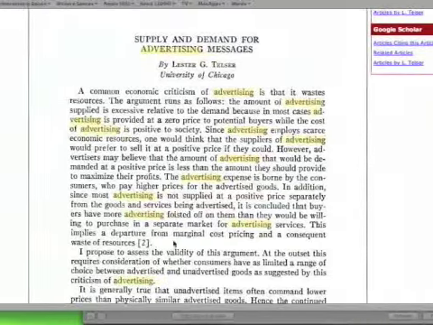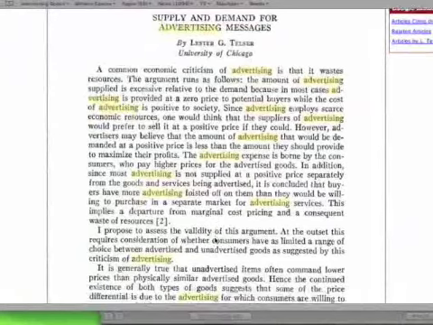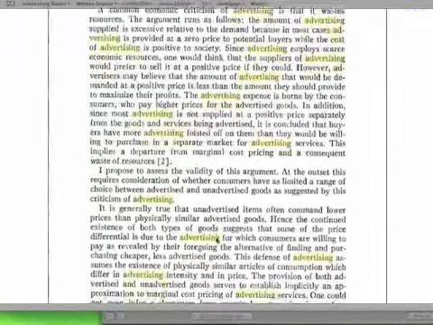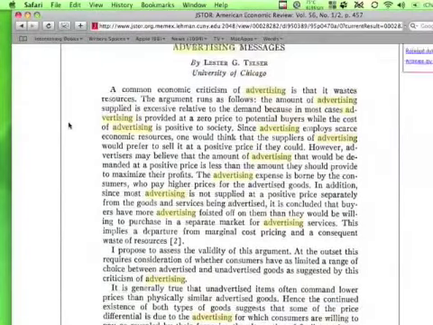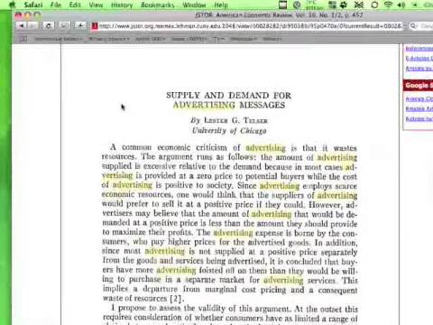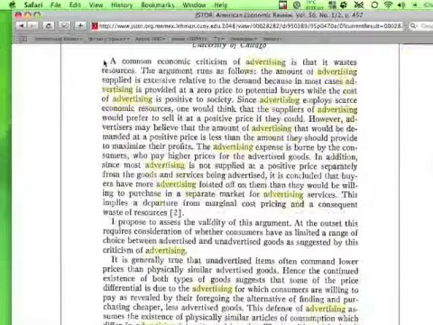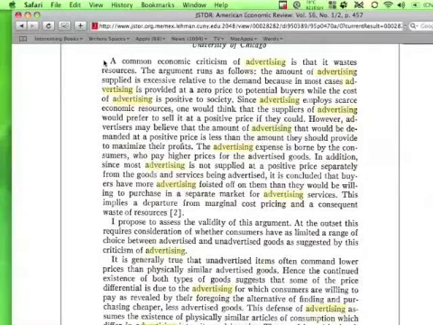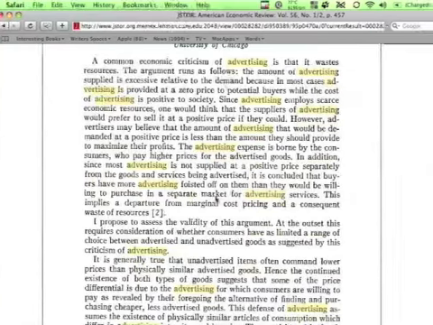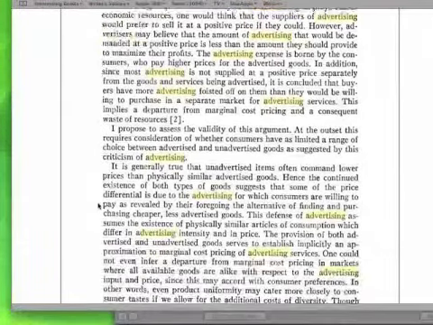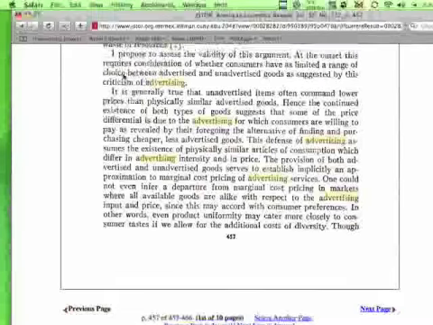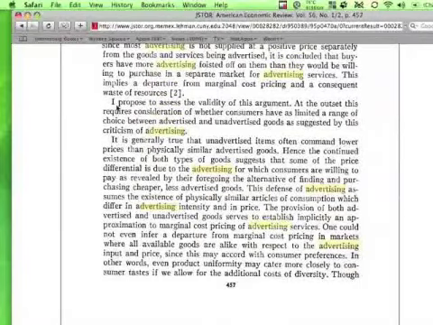So this doesn't really look like it's going to be as helpful for us. But one thing that is kind of important is just the way this article is written, so you can see if it's helpful or not. It just starts off by saying there is this argument in advertising that says this, right? And then this is what he says he's going to be doing for the rest of this article. He says, I propose to assess the validity of this argument.